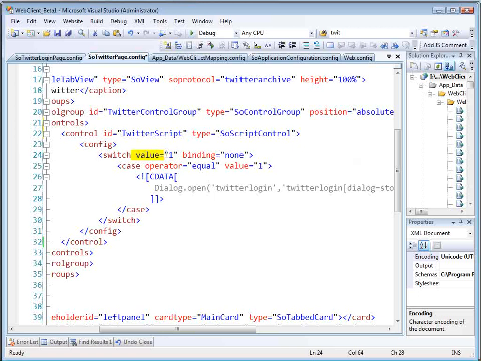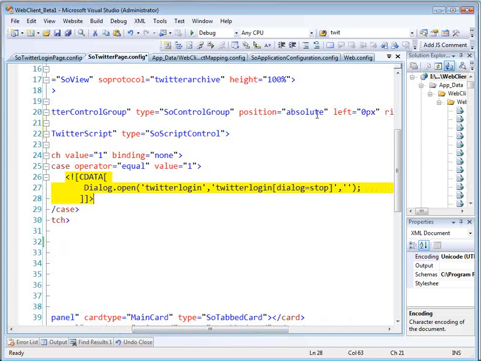So we'll say switch on value 1. Now case where the value equals 1. So we're going to say the operator equals and value is 1. So it's going to check if this value equals 1, then they're going to match, and therefore execute this script. So the script control will render this JavaScript inside the browser and execute it when the page is finished loading. And then the actual script is calling into the dialog JavaScript object, invoking the open method,